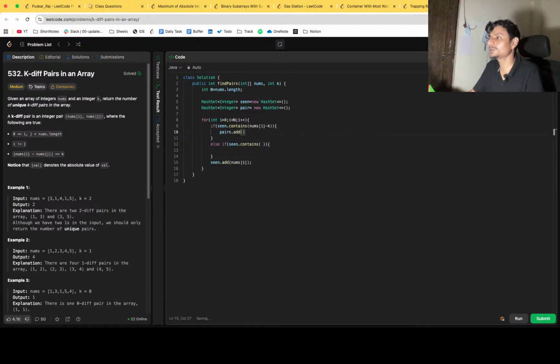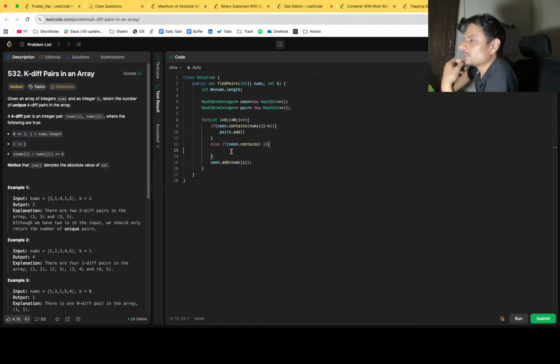We want to store the smaller or the greater side, whatever side we want to store, we can store anything of it. Seen dot contains what, seen dot contains